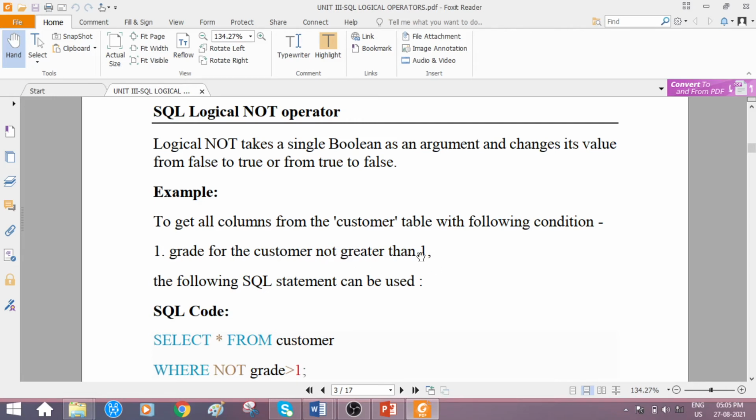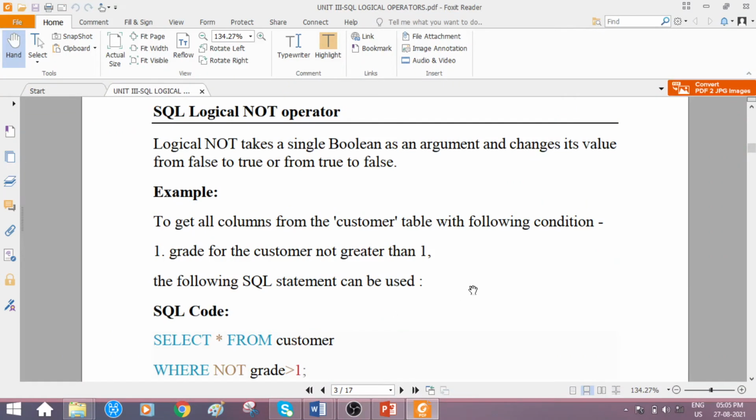See, not greater than 1 means what? What are you thinking? If not greater than, whichever grade value is held in the table, it should not be greater than 1. So it means the value which is equal to 1 or the value which is less than 1, only those customer details have to be displayed.